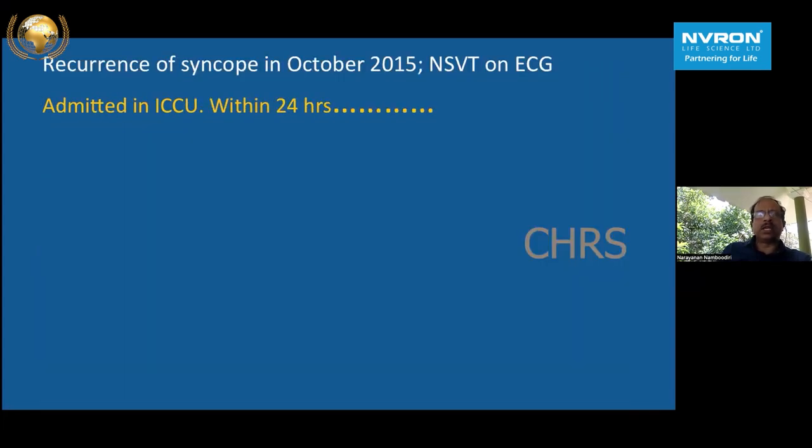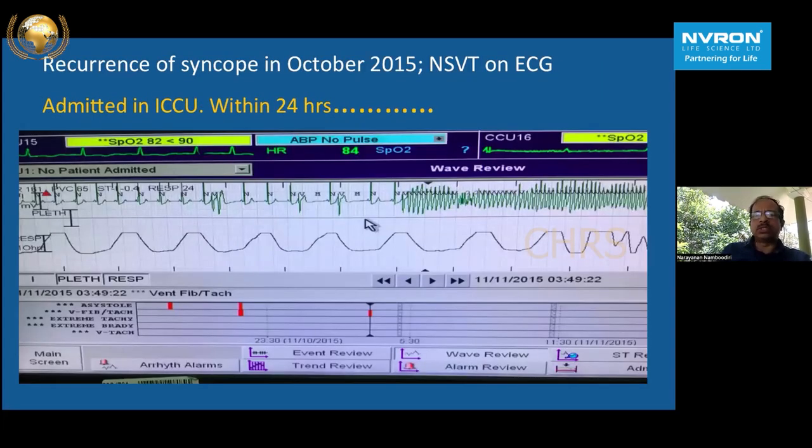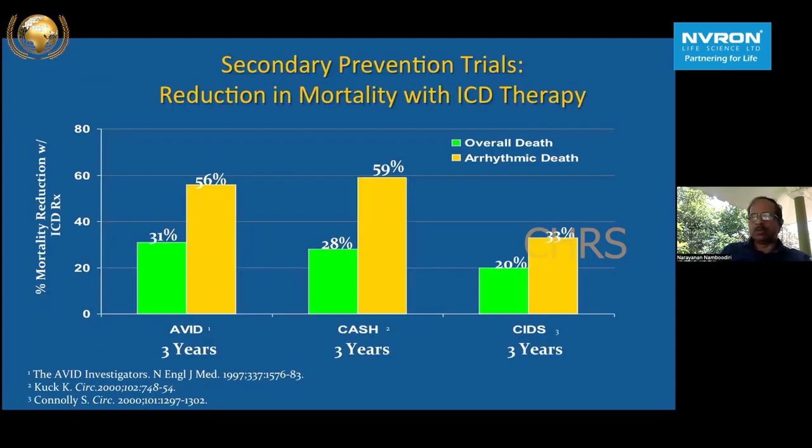This patient eventually had another episode and was admitted in CCU, had a sustained ventricular tachycardia, and had an ICD afterwards. This belongs to secondary prevention trials. The classical AVID study. Most of them had ischemic cardiomyopathy as a substrate. Altogether, more than 2,000 patients, follow-up of 3 years, and the overall mortality, arrhythmic death has come down significantly in